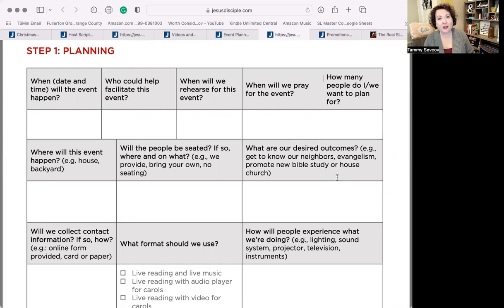Do we want to have a salvation opportunity at the end? And remember, it's not just about salvations. We really value this as an organization, as a group, as a ministry, that we make disciples, not just converts, because converts can get wiped out pretty fast. But when you are a disciple of Jesus, that's what changes your life.